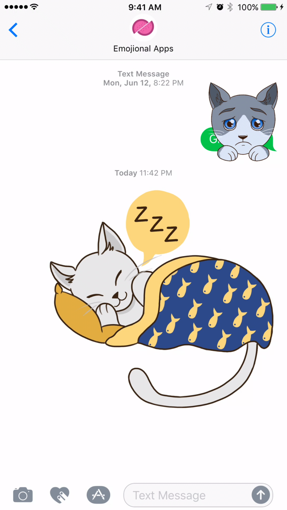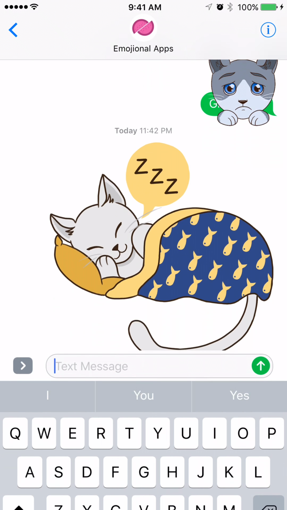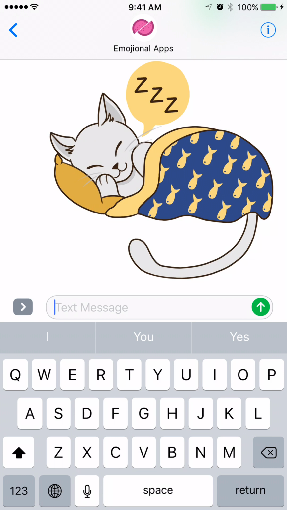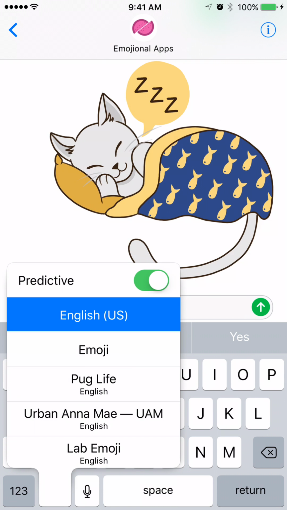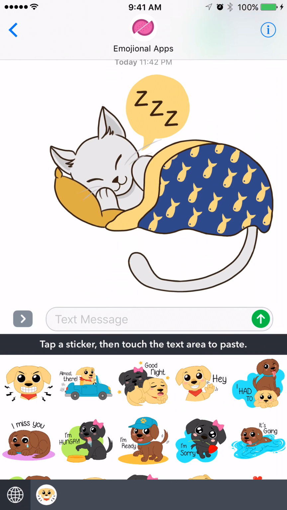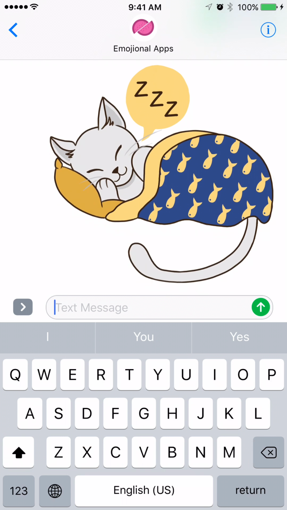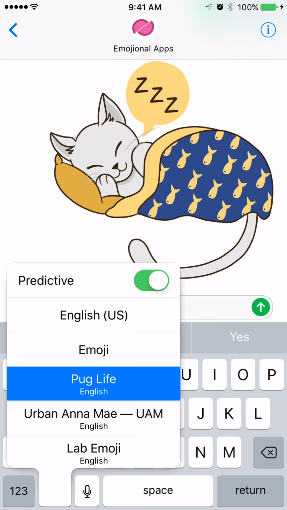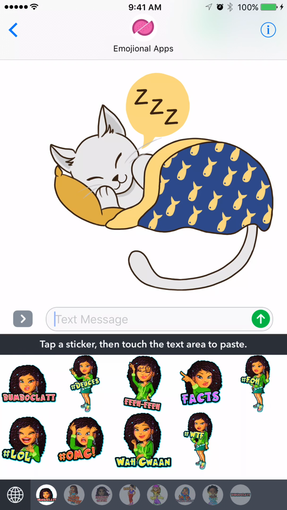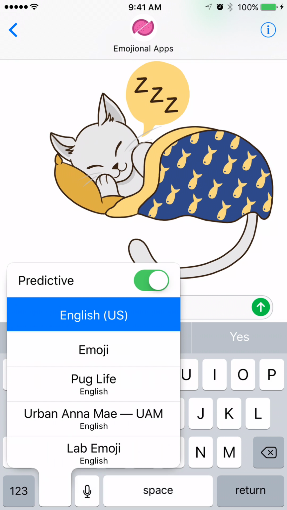Okay, so there's also an entirely different way that you can share emojis, and that is with an emoji keyboard. Now, right now, I have a few keyboards. This is one of our other apps, Lab Emoji. I also have Pug Life, but I don't see one for lolcats, and the reason for that is I